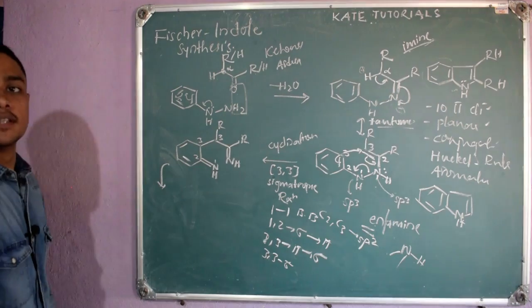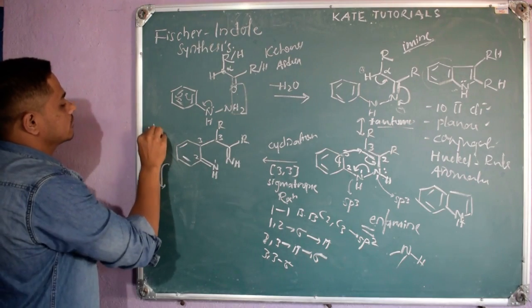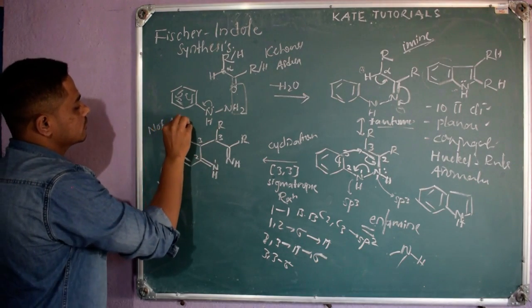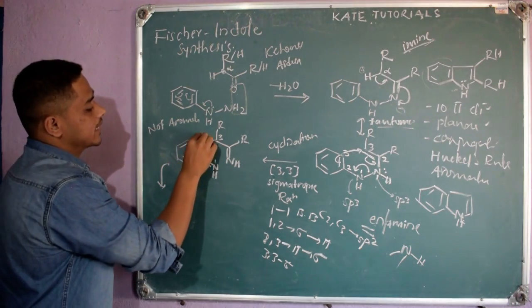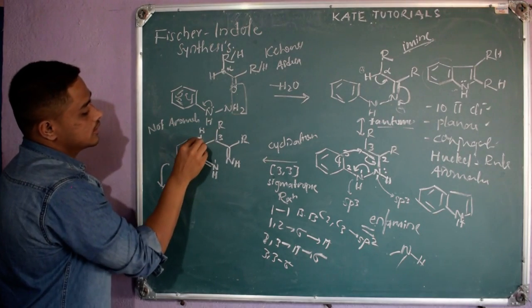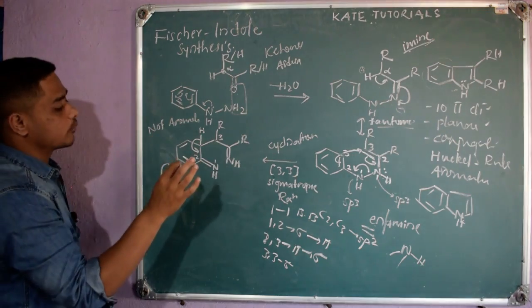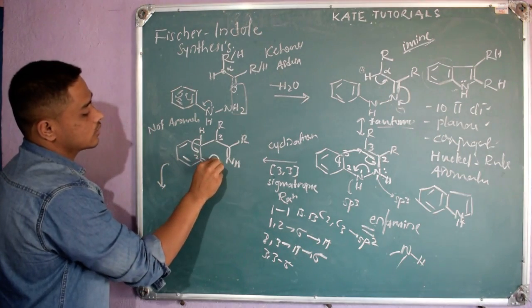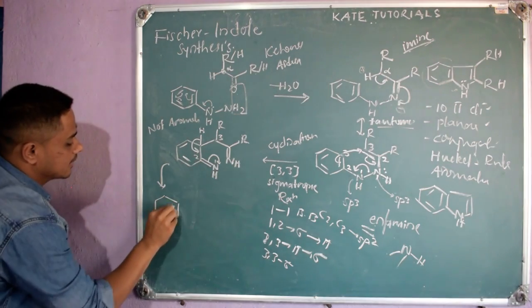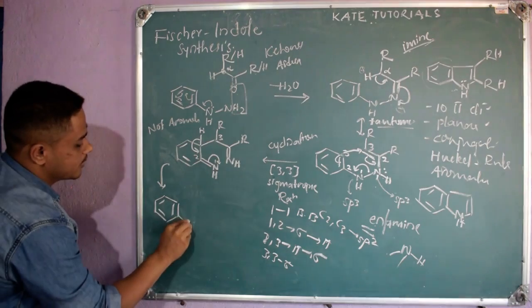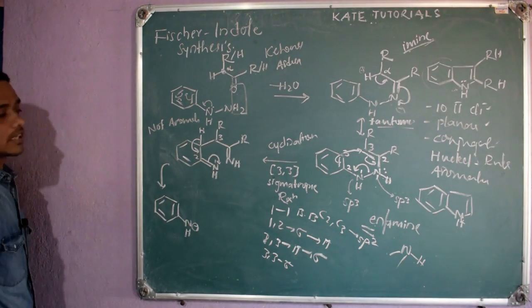Later, if you see this molecule, it is not aromatic. So aromatization is the driving step. Here a hydrogen is there, so this electron density comes here. As soon as it comes here, it becomes benzene, so the aromatic compound forms. This pi bond goes onto nitrogen, so we get this structure. I get the benzene back as it is, and here I have NH with a negative charge on nitrogen, because the pi bond came onto nitrogen, meaning a negative charge will be there.